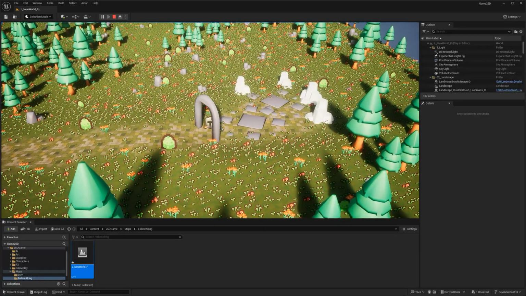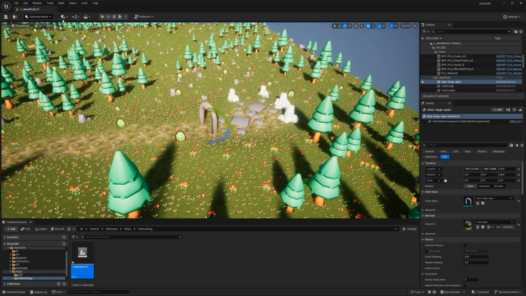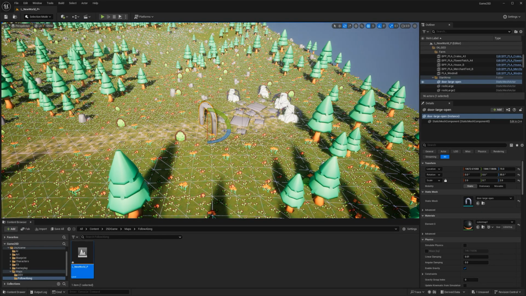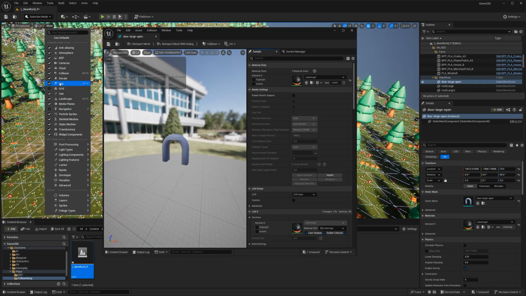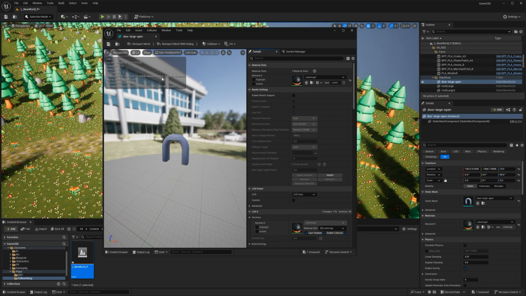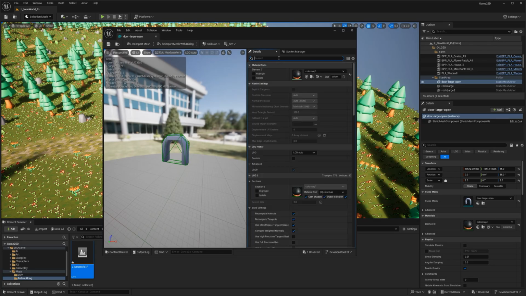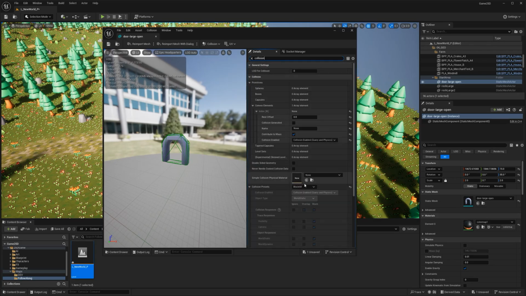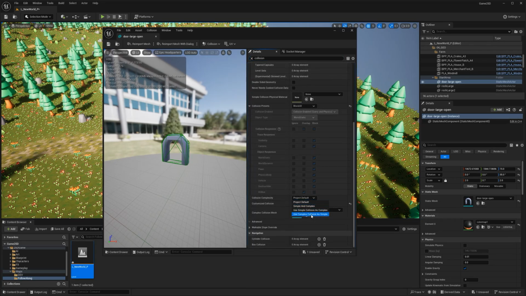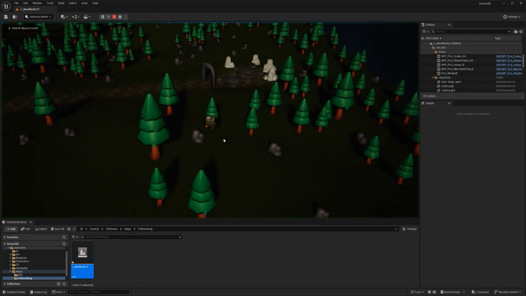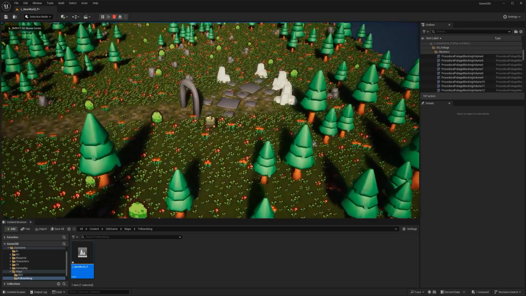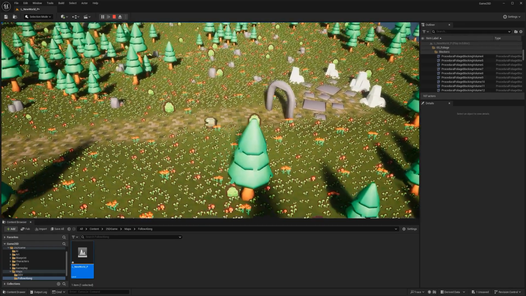Oops, look at that. Just found another issue here with the collision too. So show collision. That door has a collision that is blocking the whole thing. So let's fix that before we forget. It's actually using simple collision. So we're gonna go here, collision. Change the second to bottom to complex collision as simple. So now our character can actually go inside that door.